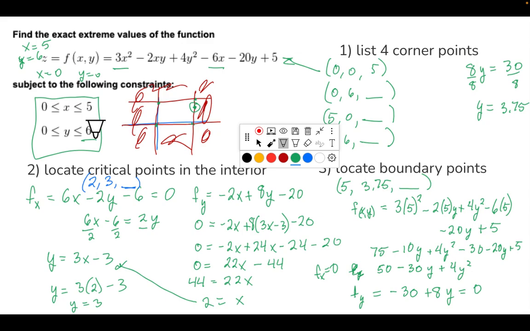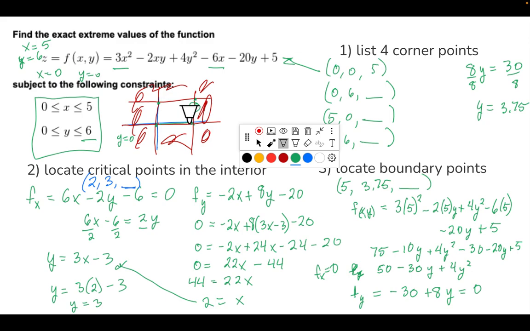Do the same thing with the zeros. They may or may not give us something usable. I think it'll be the same thing. We would put in a 0 for x. The partial with respect to x would go away, but we would have maybe the partial with respect to y, which would actually be some value. And what that's telling us is, when we're putting in y equals 0,